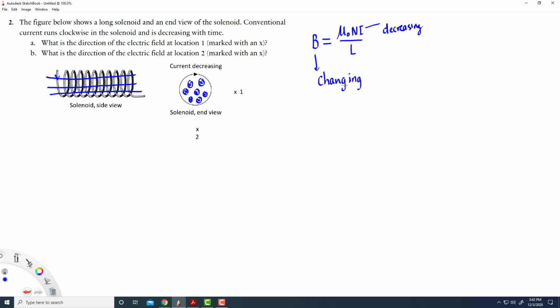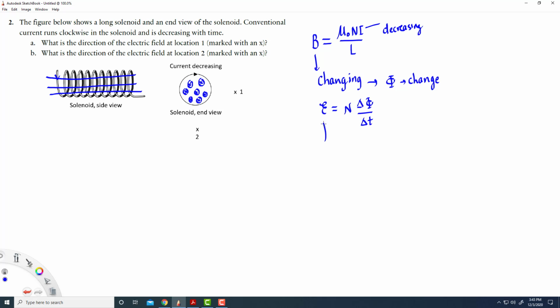That means the flux or the magnetic field lines going through this face of the solenoid is also changing. So that results in the change in flux. And from Faraday's law, if the flux is changing, there is EMF induced, that is given by N delta phi over delta T,